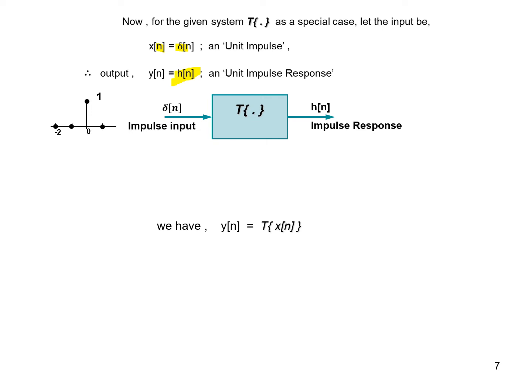For example, an output can be like this. See, when I give one unit impulse, the system may give out like this. Now this is actually finite duration, no? Only 3 samples are there. At the origin it is 2, it suddenly rose, the next sample became 1, and the next sample became -1, or whatever negative value, then suddenly disappeared. I think all other values are zeros. So it's a short duration impulse response. Sometimes the impulse response may be infinite, sometimes finite. Everything depends on the system.